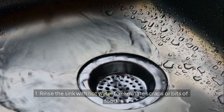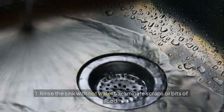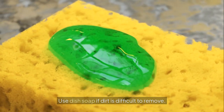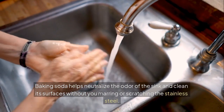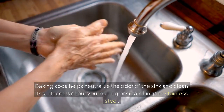Instructions. 1. Rinse the sink with hot water to eliminate scraps or bits of food. Use dish soap if dirt is difficult to remove. 2. Sprinkle the baking soda all over the sink. Baking soda helps neutralize the odor of the sink and clean its surfaces without you marring or scratching the stainless